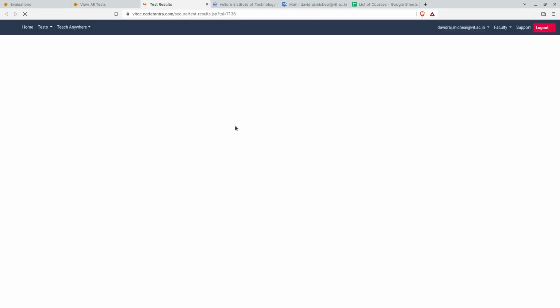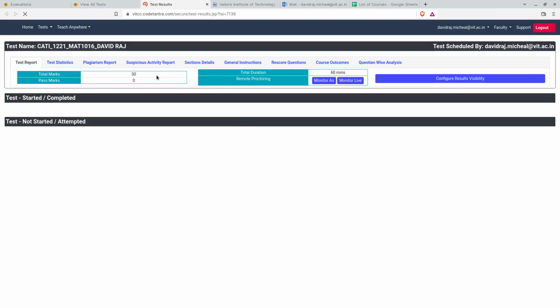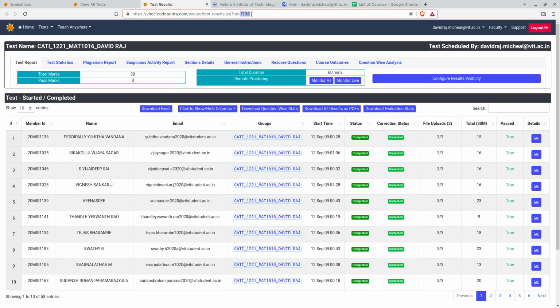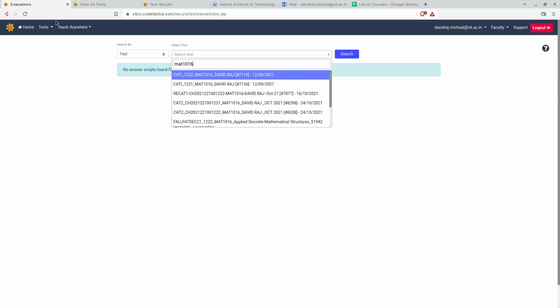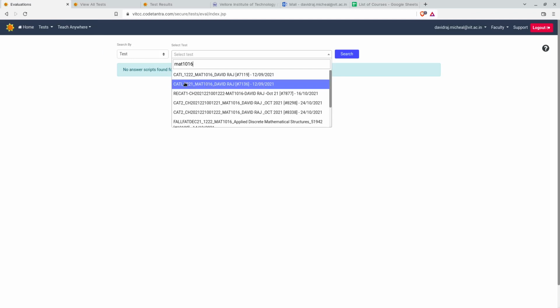Okay, that shows the test results. Of course, once you get this link, I think this number, whatever is appearing over here, can be changed for different courses, and then you can obtain it easily from there. For example, in the evaluation, you see that this is CAT 1, and for CAT 2 for the same course,